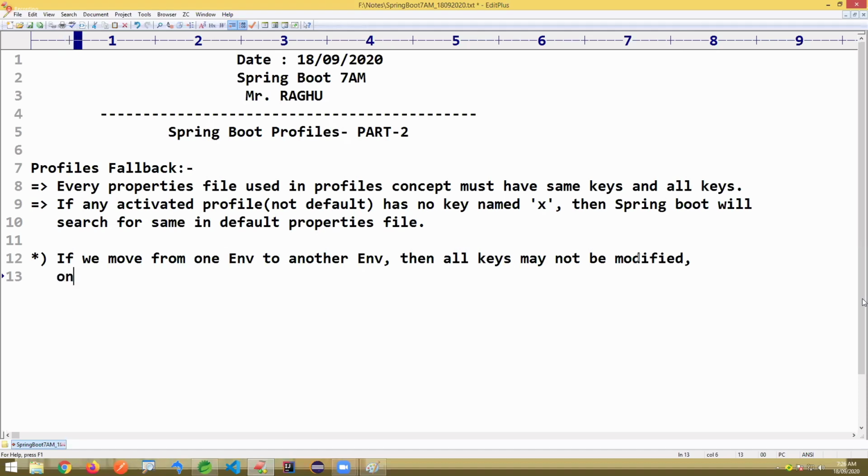Only a few are going to be changed with new values. Okay, in that case,